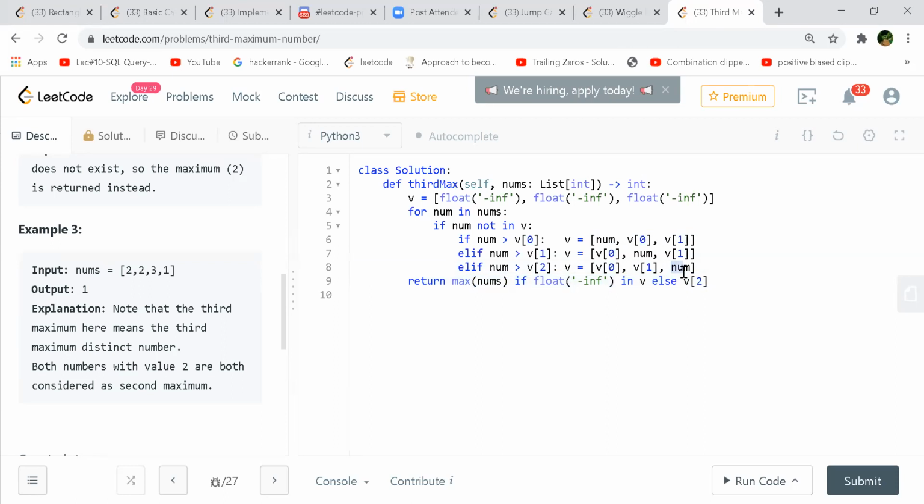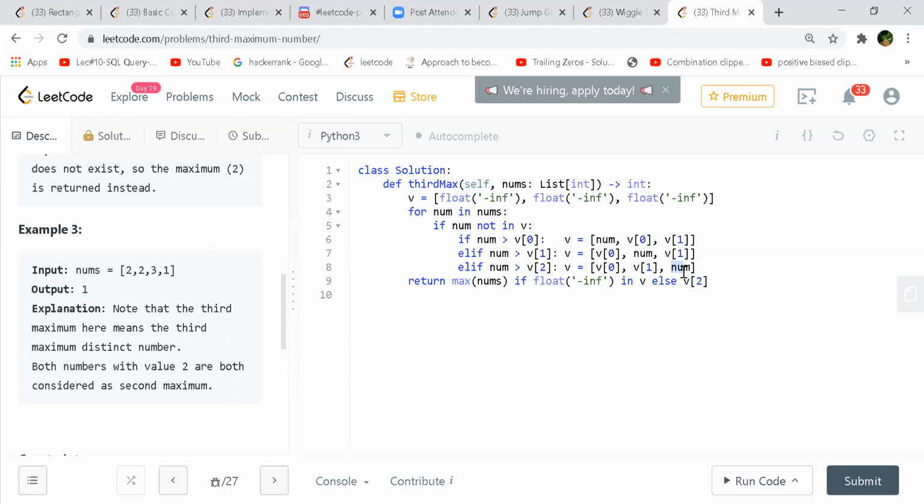So V0 will be your first largest. Whenever your number is greater than the first largest, you need to replace it. But before replacing, you need to shift V0 and V1. You call it shifting, but in our case, we actually copy the previous two values to the next two ones.